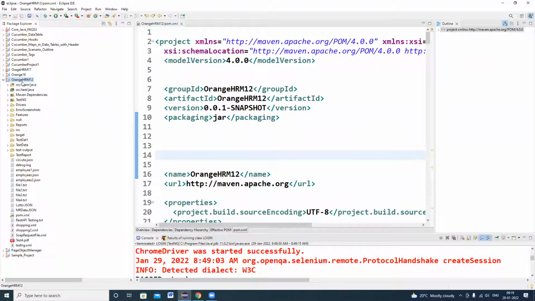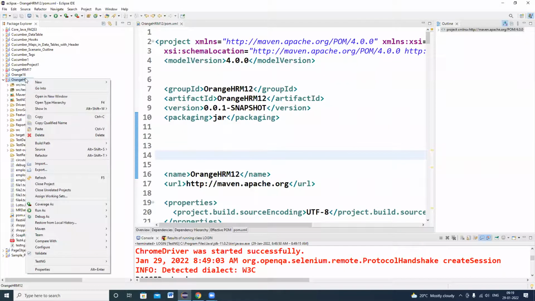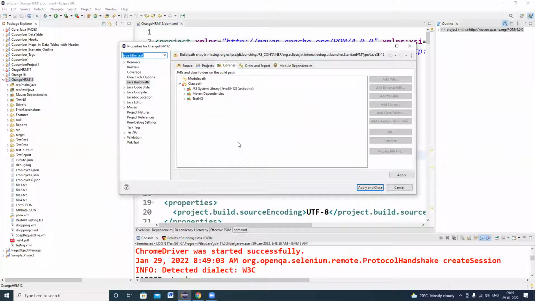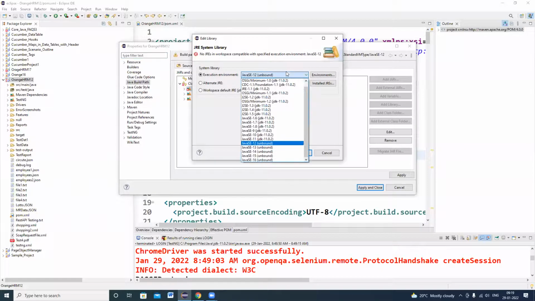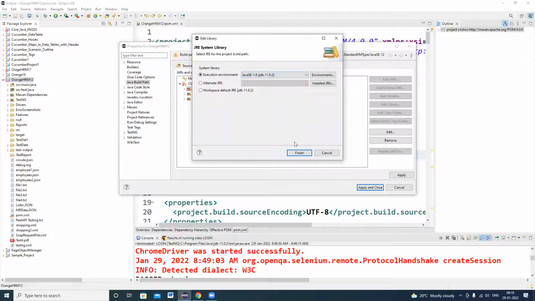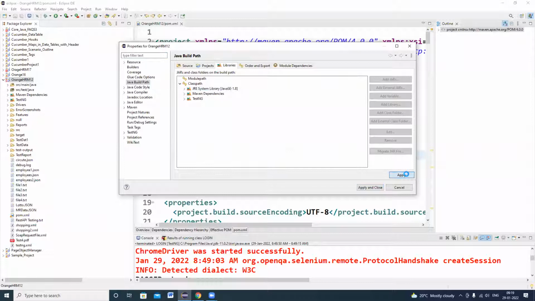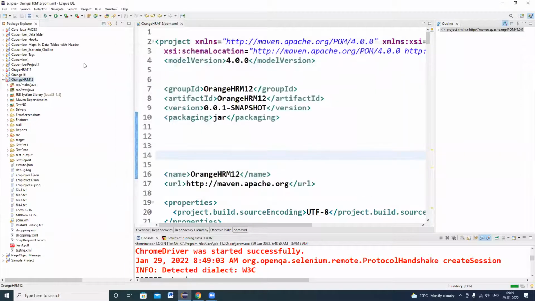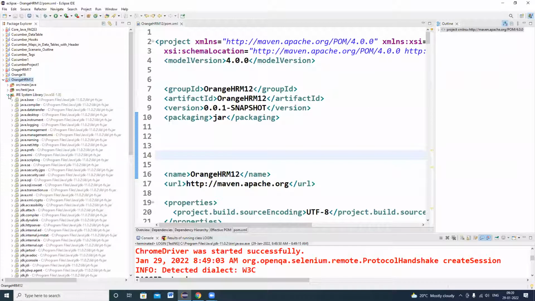So what you need to do is go to Project, go to Build Path and click on Configure Build Path. See here, JRE System Library. Select this one, click on Edit and select 1.8. Finish, Apply and Close. So that you are able to see the JRE supporting libraries.